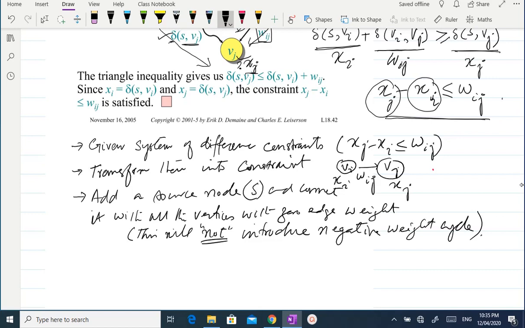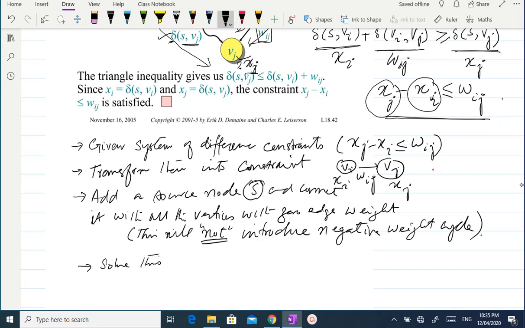If there is already a negative weight cycle, it will remain there. It will not have any positive or negative impact because of the addition of this s. By just adding this s, we will not be introducing a negative weight cycle in our graph. So if the negative weight cycle is already there, it will remain, and if it is not there, no new negative weight cycle will be introduced by adding this s. Once we have that, now solve